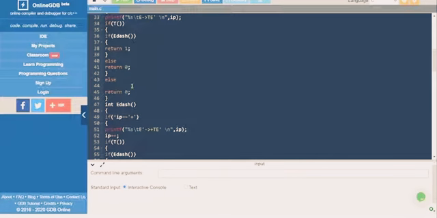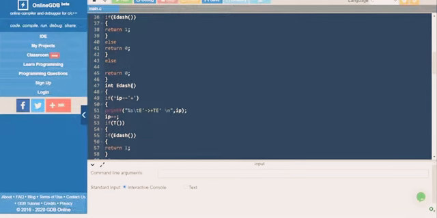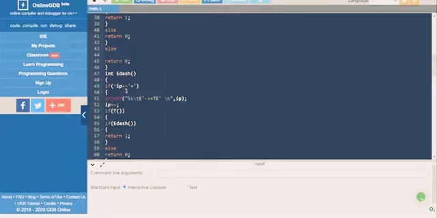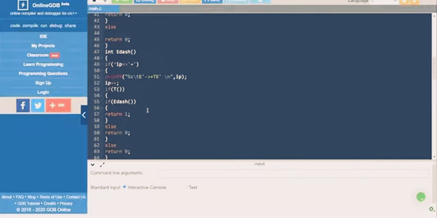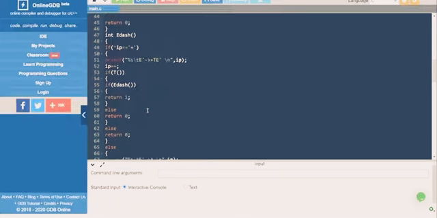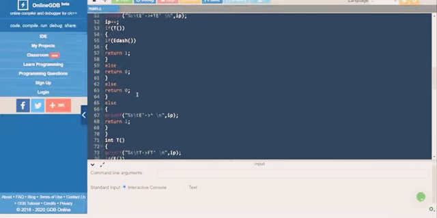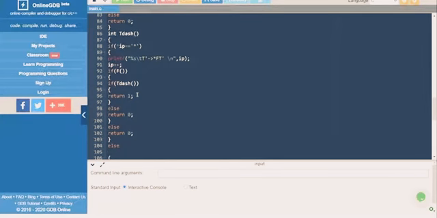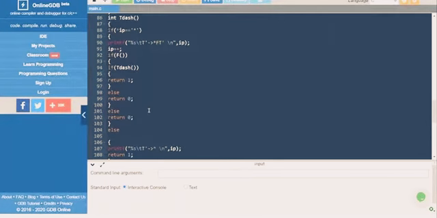It goes to the next one. Then if my input is equal to plus, then I'm going to be incrementing my input pointer, which will take me to the next function. That is how all of it goes. Return 1 means true, return 0 means false.